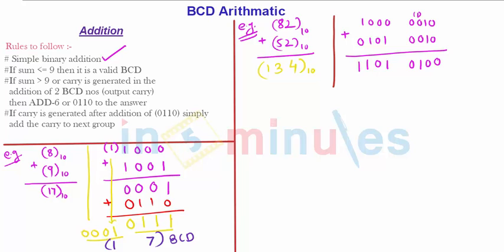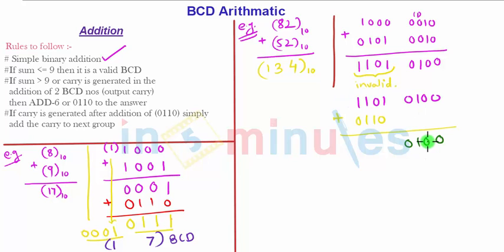But if you see carefully, the leftmost group is an invalid BCD, so this is invalid. Since this is an invalid BCD, I will add 6 to this group, and the group towards my left is a valid BCD code, so I will not touch that group. So simply add 6 to the group at left, that is showing the number 8 plus 4 is 12, and 1 is 13. It is showing the number 13, which is an invalid BCD. So let us add 6 to it.